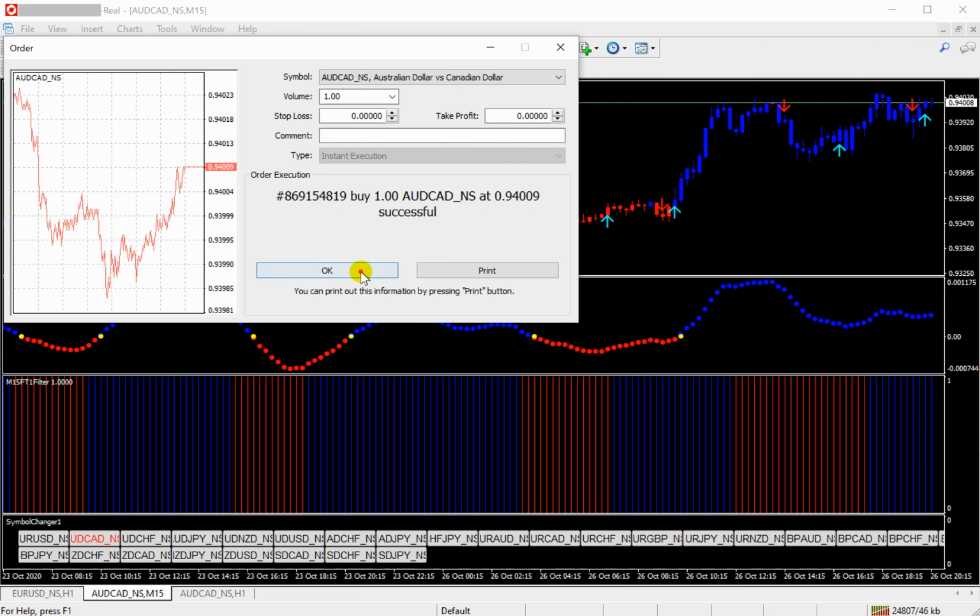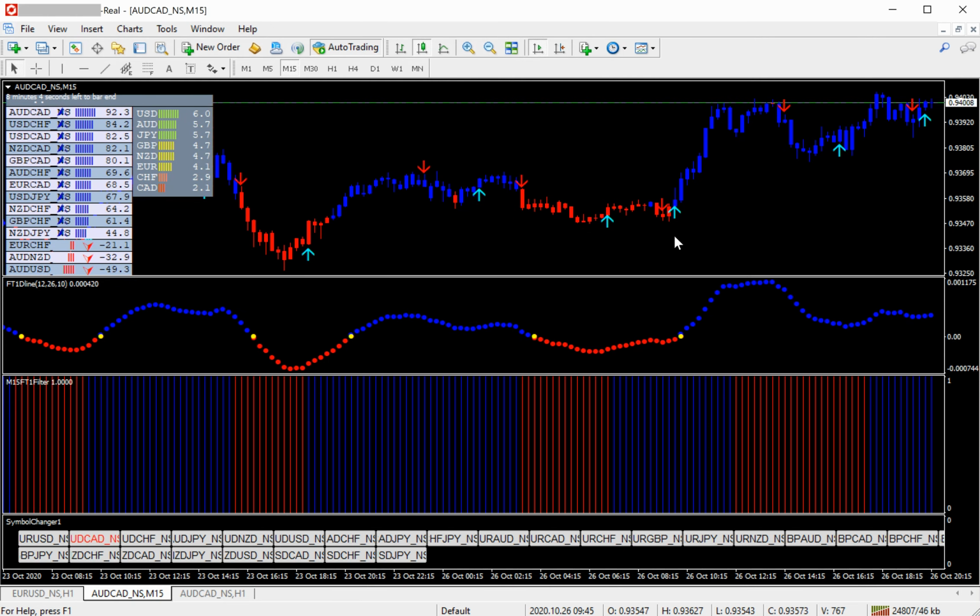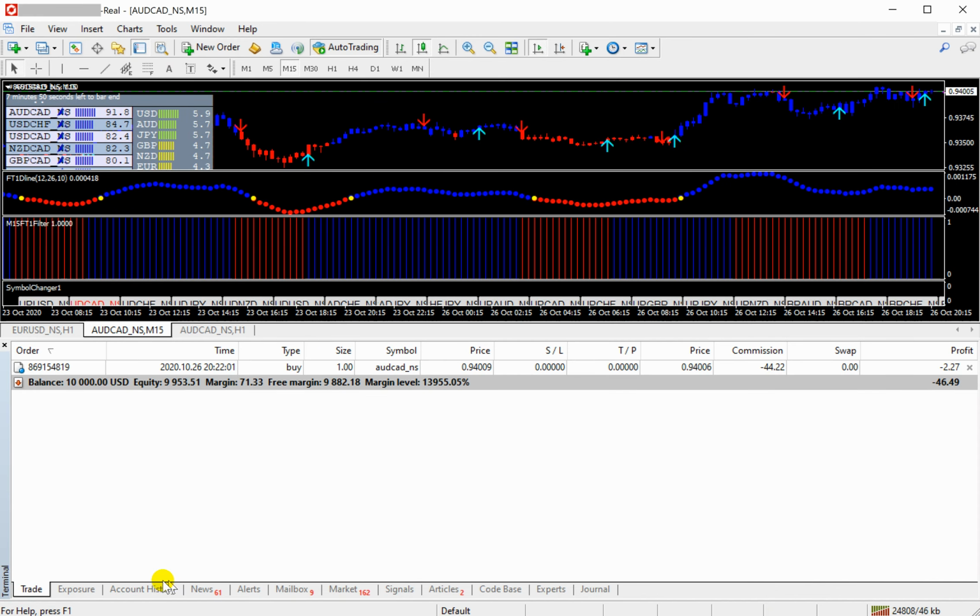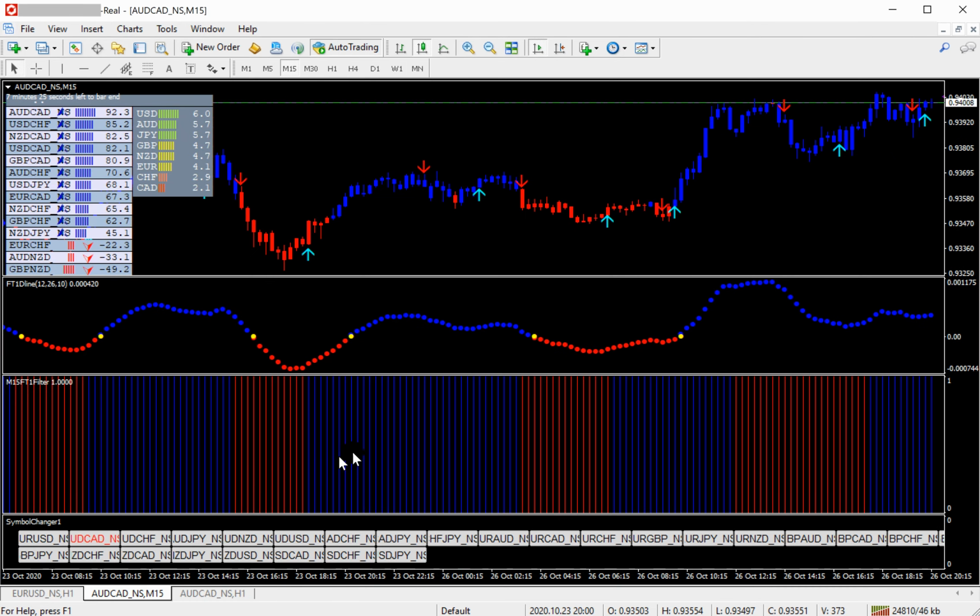Okay, the order is placed, and here you can see in the terminal we placed the order. Here you can see the order ID, the time placed, lot size, buy, and the price. Currently we placed the order, and after that we'll see what happened with this in our next video. So likewise you can place the order and you can earn a profit. This is the manual